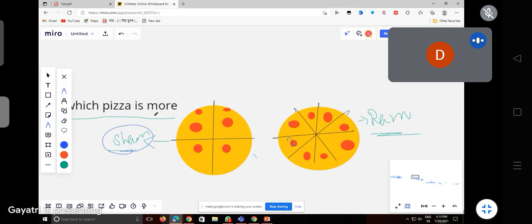Fraction, we cannot say half a fraction, right? Fraction is properly divided, but this is not properly divided either. And here I'm getting less than Sham. Ram is getting less than Sham. Right. So now let's make a box to see who got more. Sham got more pizza than Ram.